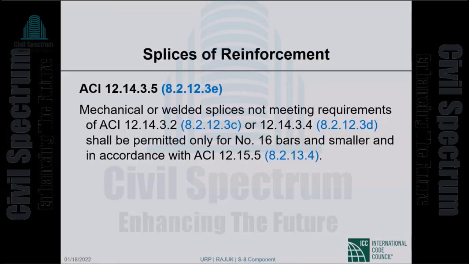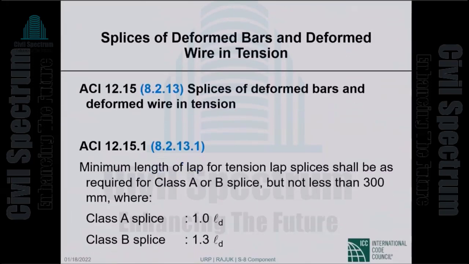You are looking at it because you are still on ACI 318-08, and I need to tell you that it is in there. However, these things probably should be discouraged. If you are going for mechanical or welded splices, use full mechanical or welded splices. This less than full on the thinner bars, I think it makes limited sense and it complicates things. Okay.